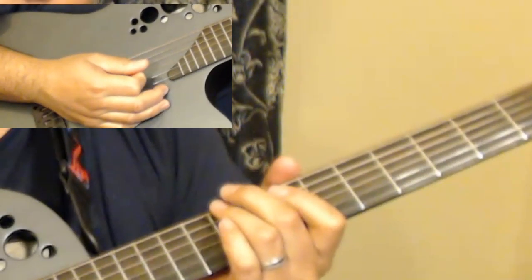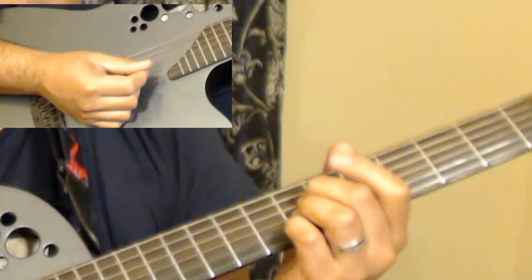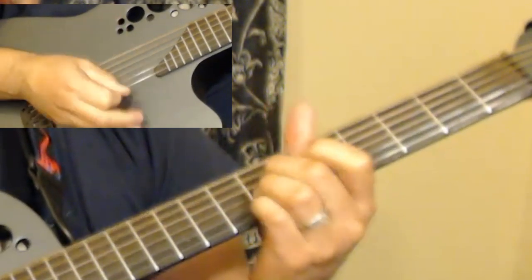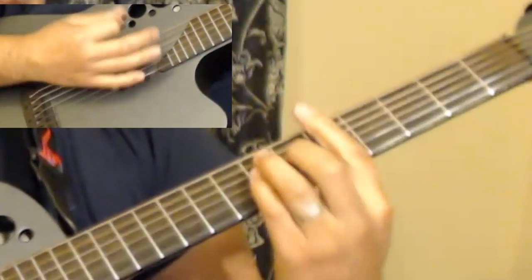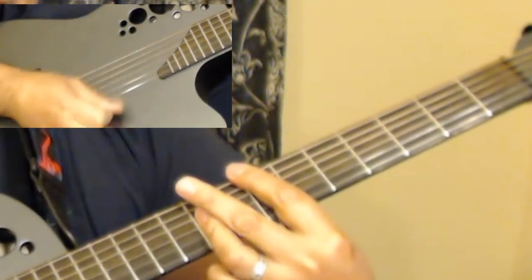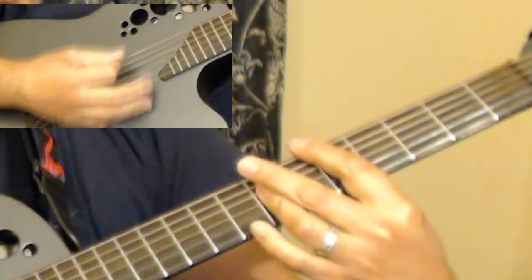Okay. All right, so that's the intro. You're going to play that twice, and then it's going to continue to play that for the first part of the verse. So it's, don't look back, new day is breaking, it's been so long since I felt this way. I don't mind where I get taken, the road is calling, today is the...